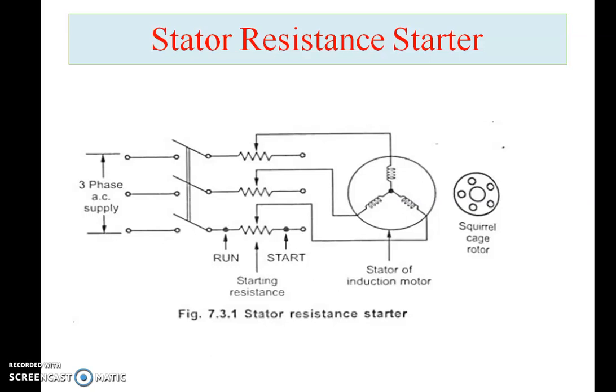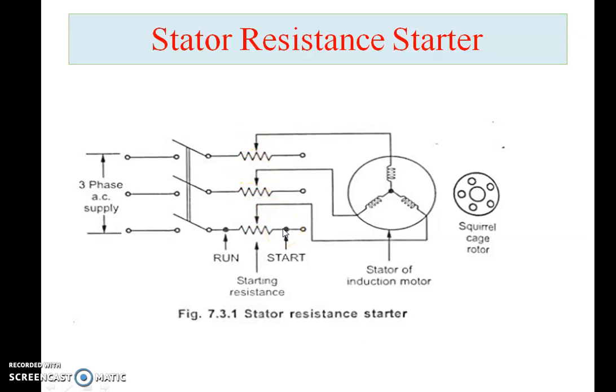Once the motor starts, this heavy current will be controlled by the winding or the motor itself. Okay, so during the starting period only we need to control the heavy starting current. So during the starting, when the motor is at a standstill, when the motor is in rest condition, the motor is now off, in that case I have to connect this rheostat at the start position. There are two positions, first is start, second one is run. These three resistances should be connected to start positions.